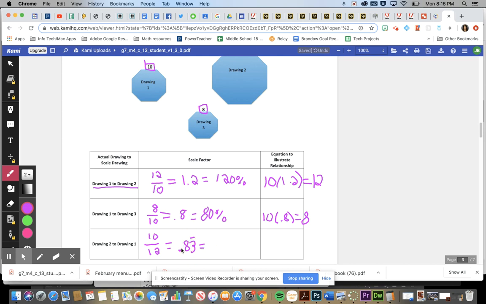Okay, and as a percent, we'll move it over 2 places. So that would be 83 and 1/3, because repeating 3 would be 1/3 percent, or 83.3 repeating percent. And our equation would be our original, which is 12,